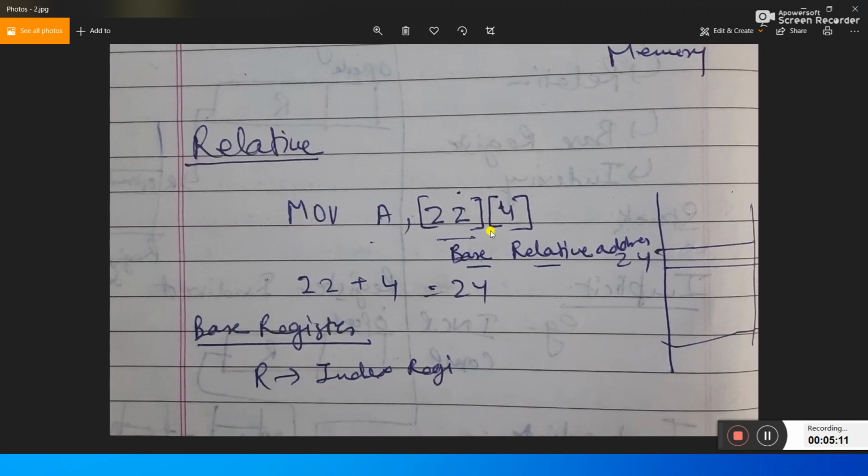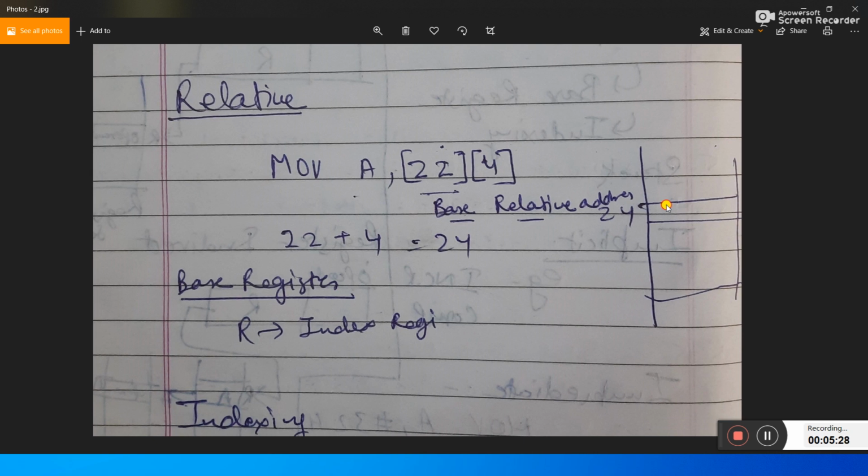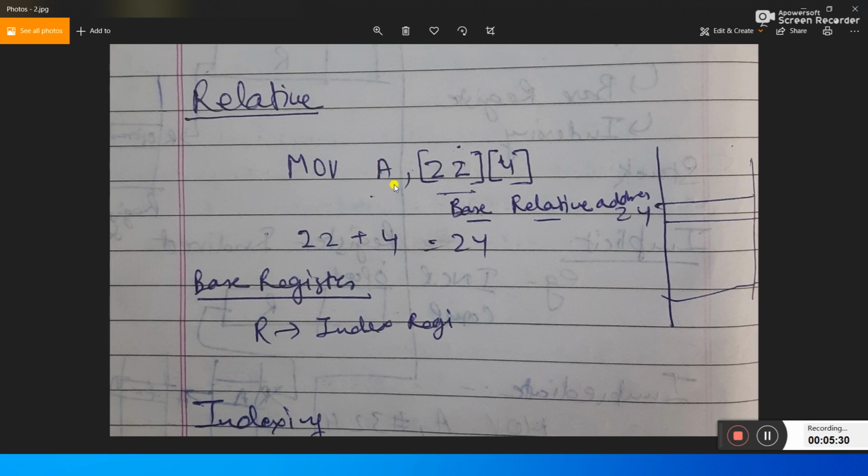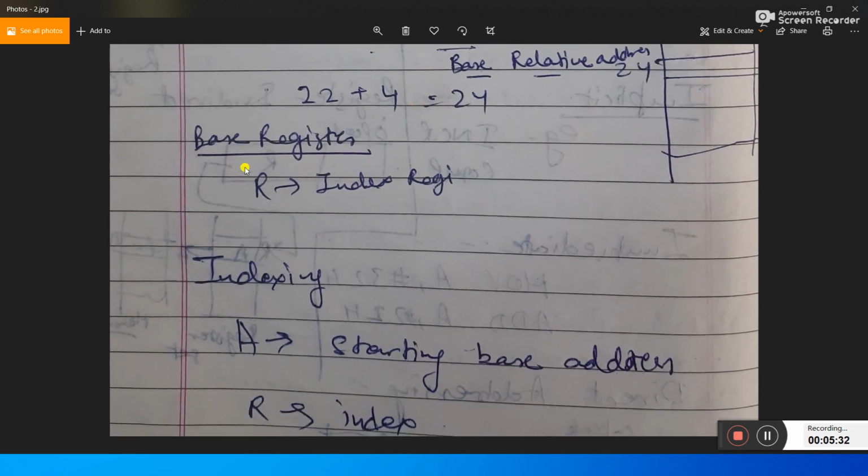What happens in relative addressing mode? For example, if we MOV A, 20 to 4, then 22 is my base, it is added to 4, and it gives me 24. So from the 24 location my operand will be fetched, and whatever is in this location is transferred to the A location. Now base register addressing mode.